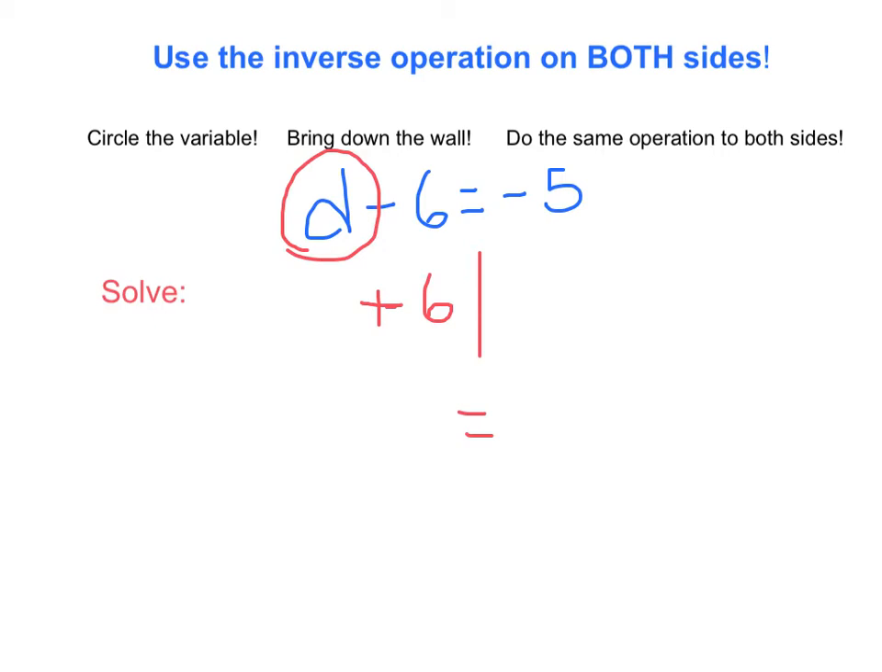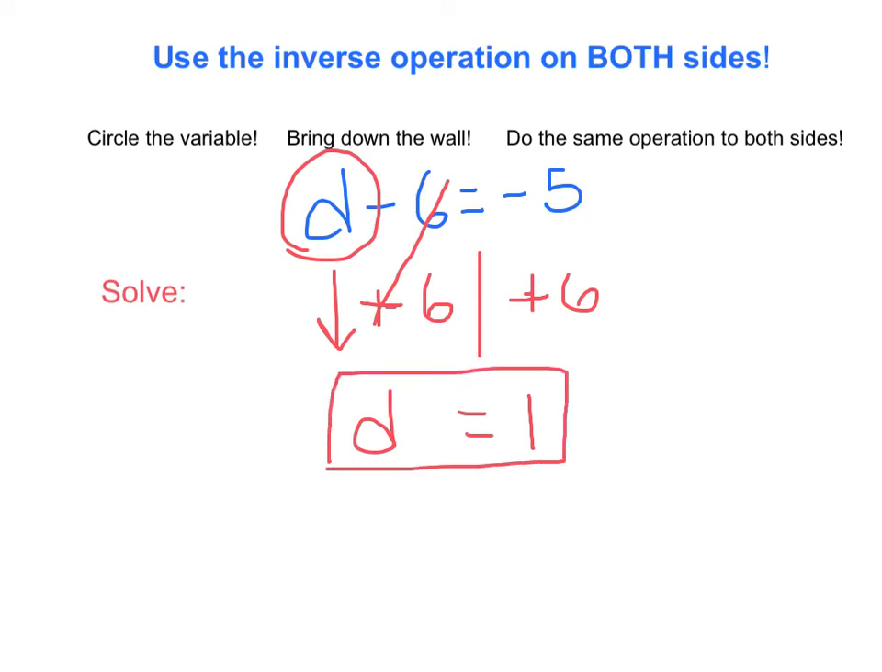And whatever I do to one side, I have to do to the other. So I'm going to add 6 over here. So a negative 6 plus a positive 6 cancels each other out because you end up getting 0. And I'm left with only this D. So I'm going to bring the D straight down. And I notice I leave it on the left-hand side of the wall because that's where it started. And then I'm going to come back over on the right-hand side, and I have a negative 5 plus 6. And negative 5 plus a positive 6 gives me a positive 1. And that is my solution